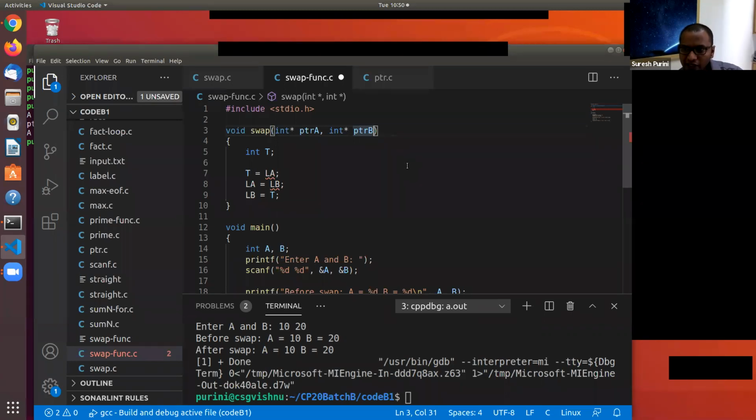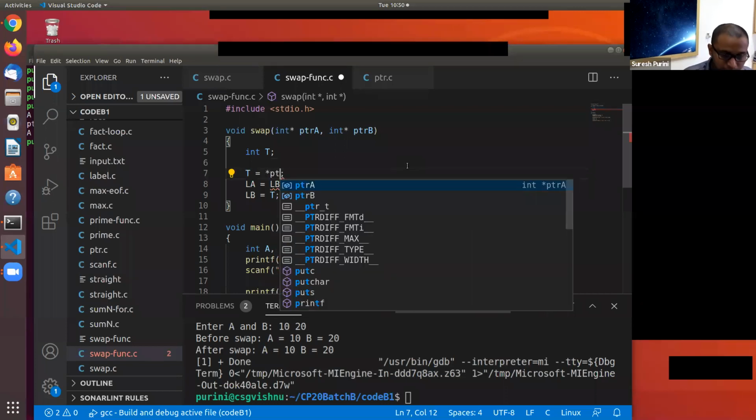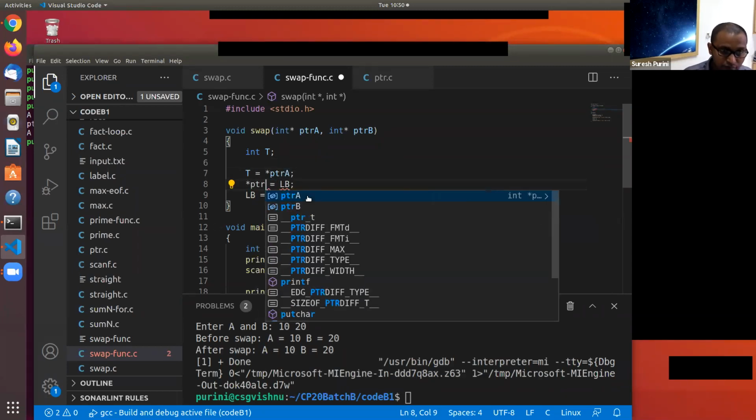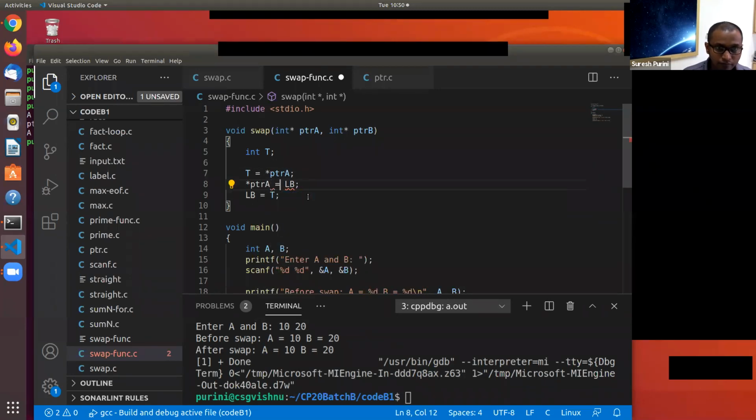If the data type of A is float, then the pointer is float star. All right. So here, int temp, so this is what we do. Star PTRA is equal to T. That's it.